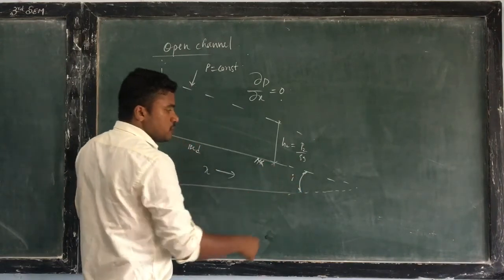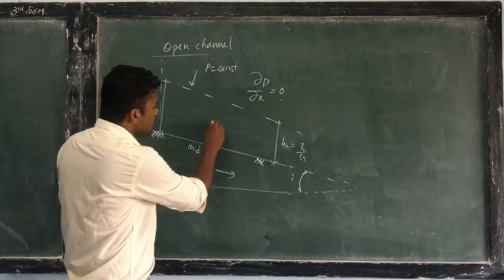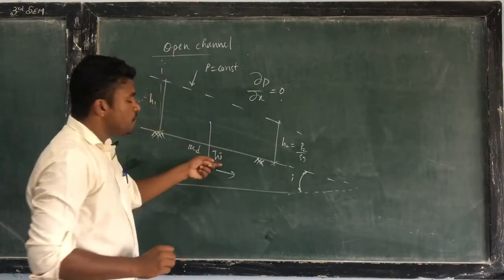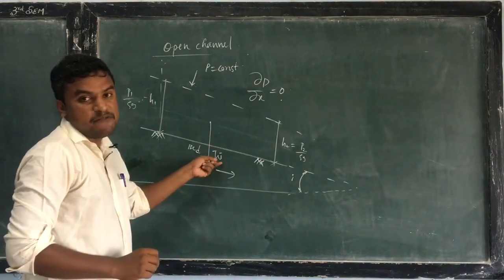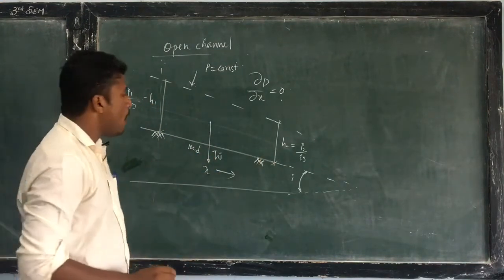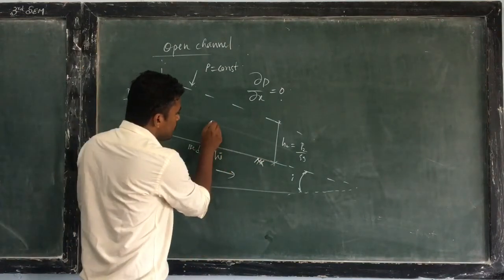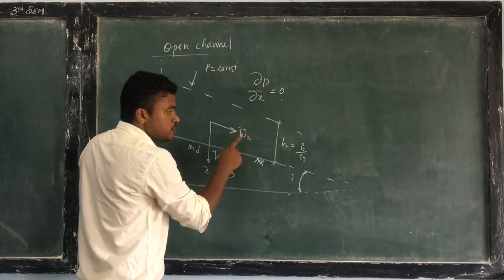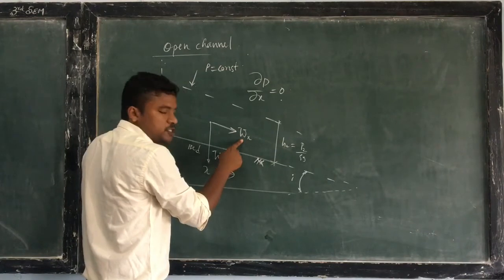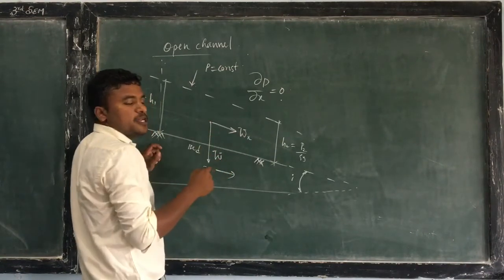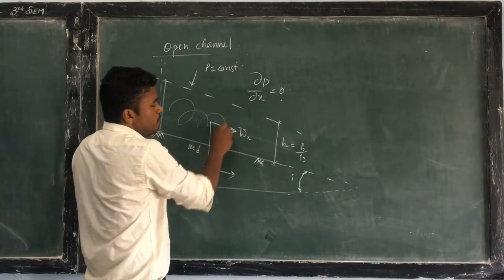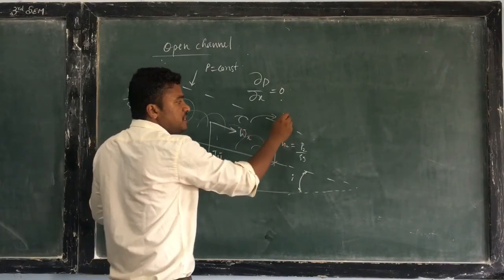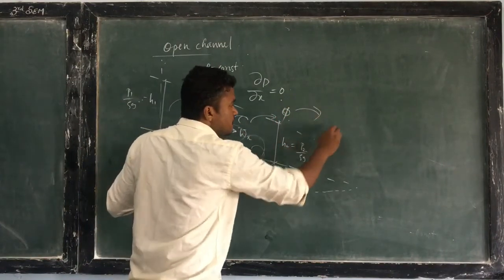So what is the use of creating this bed slope? If you take this section, it has weight. Weight itself acts as an important factor for this kind of flow. How? I will tell you. If it is W, then in the x direction it is Wx. Wx is the force component of this weight which is causing this flow, or which is causing the shear stress. That shear stress will lead to deformation and that will create the flow.